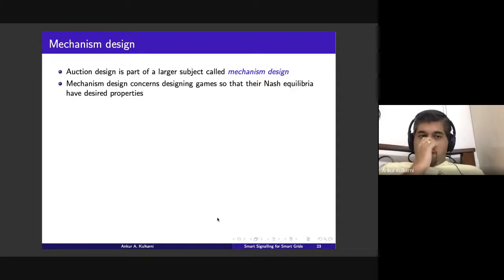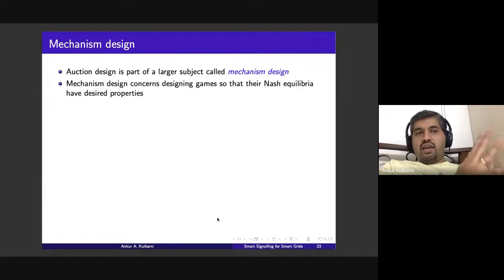So an auction is an example of mechanism design. What you're actually doing in an auction is creating a game between the players by deciding the rules of the game. The players are your bidders, and the rules of the game are how you are going to select the winner of the auction, and how much he is going to be paying. So this induces a game between the players, and then that game has outcomes,